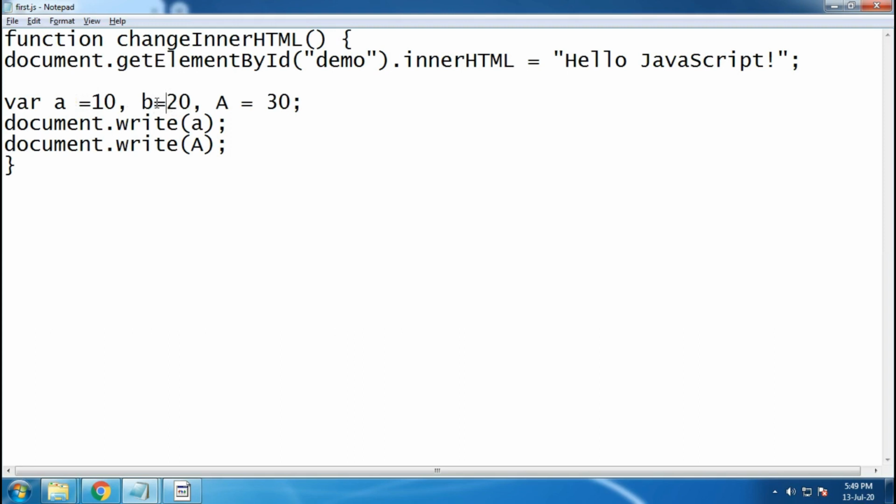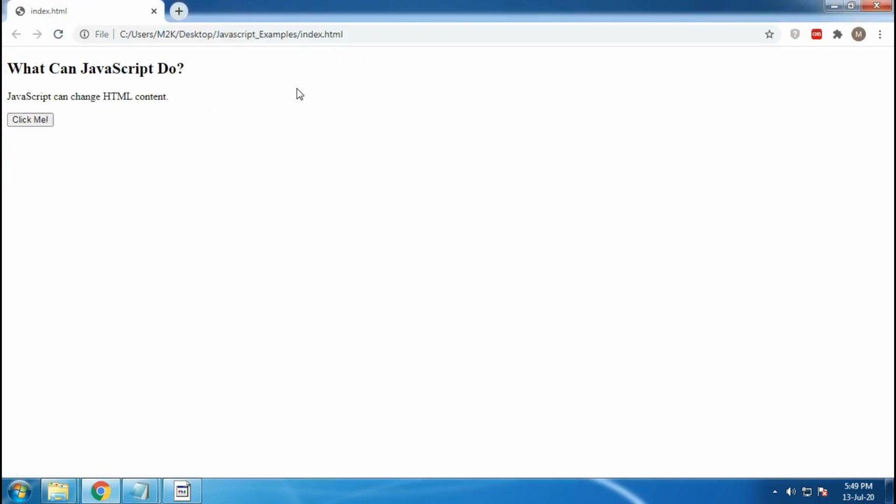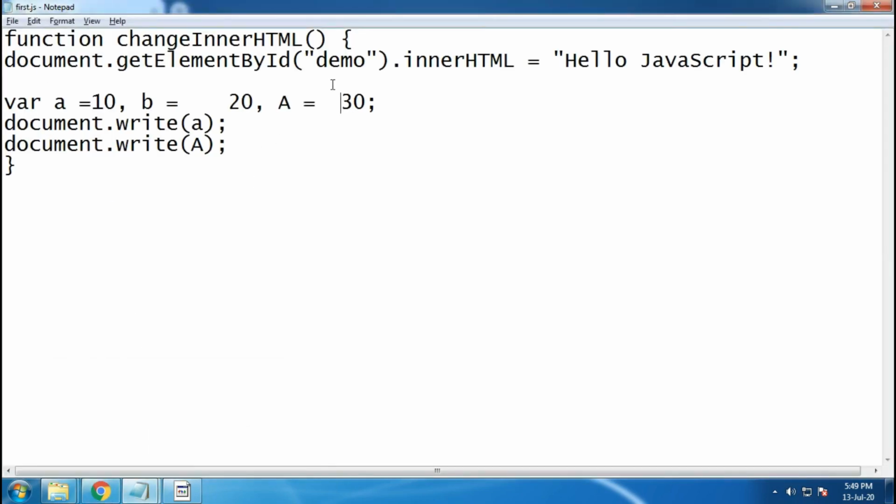So you can put some spaces, like this. I am putting one here also. This doesn't make any issue in JavaScript. Okay, some languages can give you some issue, but here in JavaScript this will not give any issue. So no problem with spaces in JavaScript.